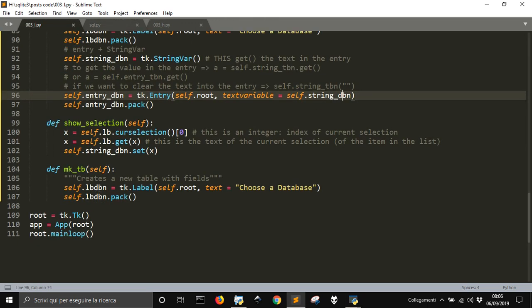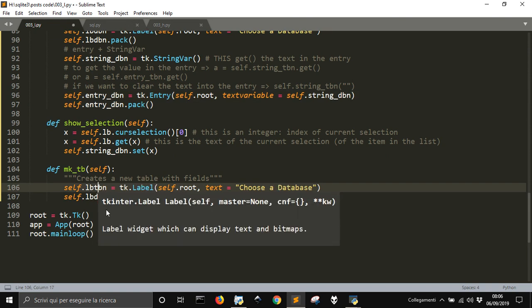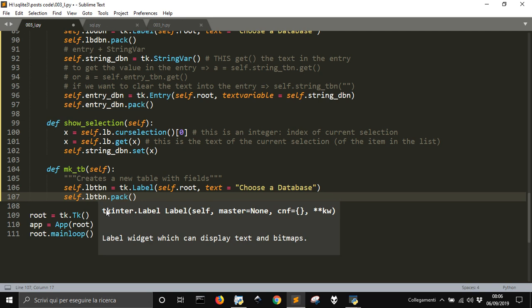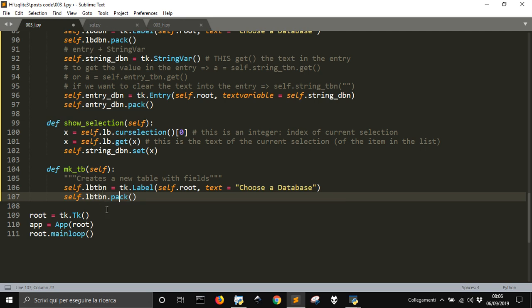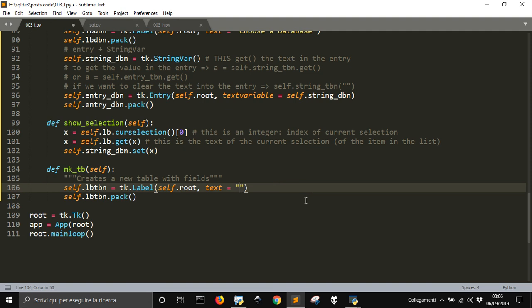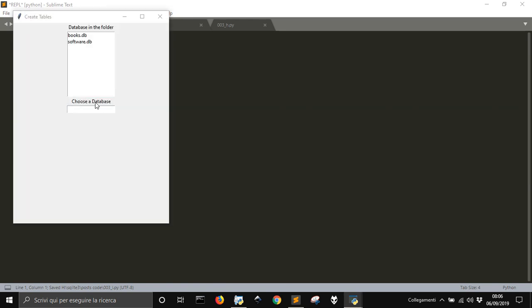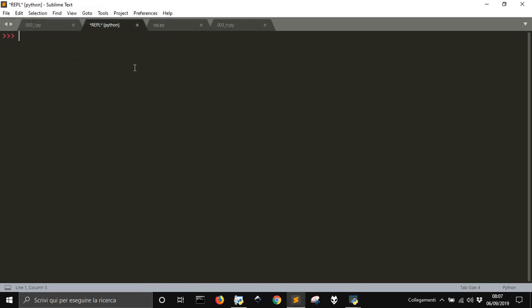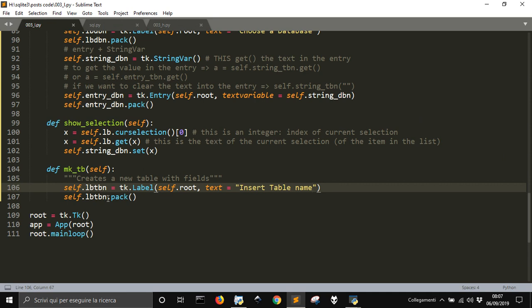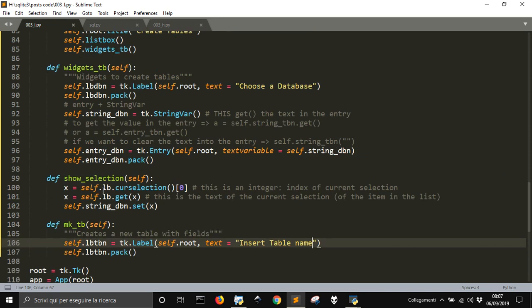So here instead we are going to do lb, not database name, a table name. So we'll use tb as table name. Okay, and choose, not choose, but table, insert table name. We don't see it for some reason. We packed it. Okay, this is